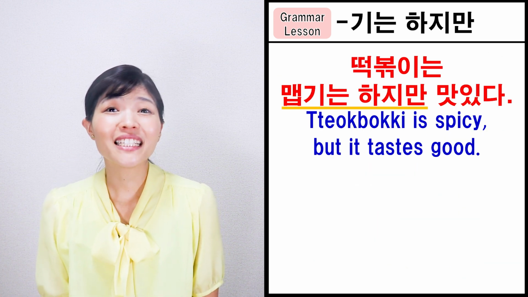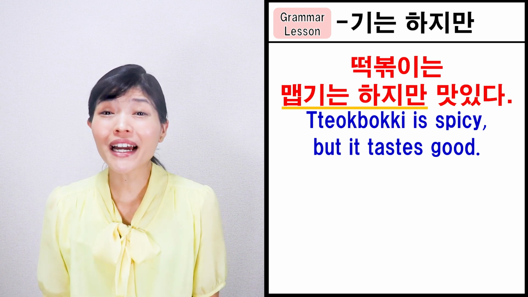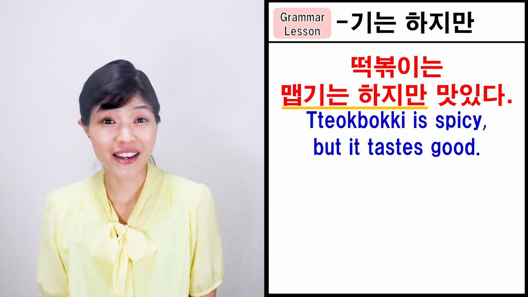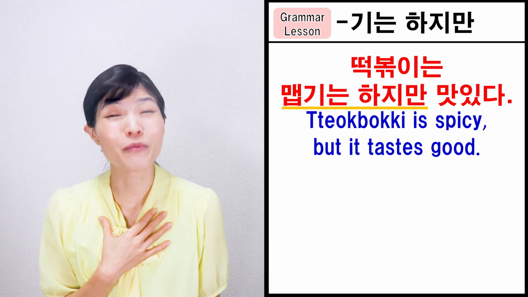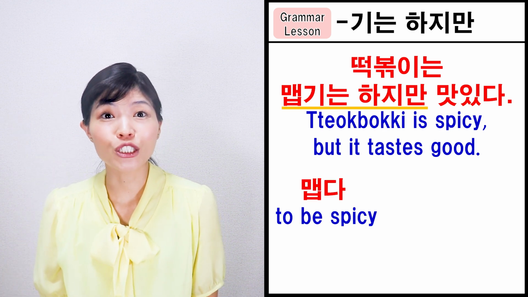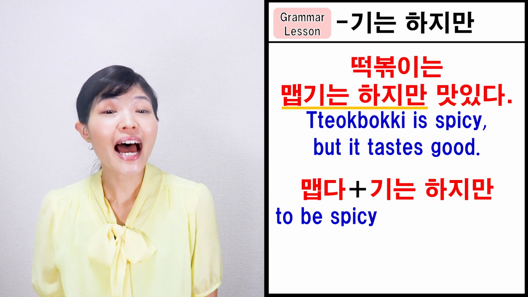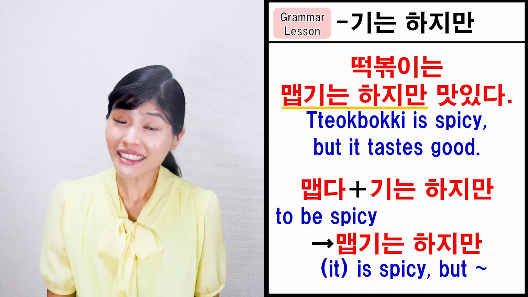Let's read the next sentence. 떡볶이는 맵기는 하지만 맛있다. 떡볶이 is spicy, but it tastes good. I agree with this sentence. I love 떡볶이 so much. Anyway, 맵다, to be spicy, is an adjective, so you add 기는 하지만 to make 맵기는 하지만, it is spicy, but